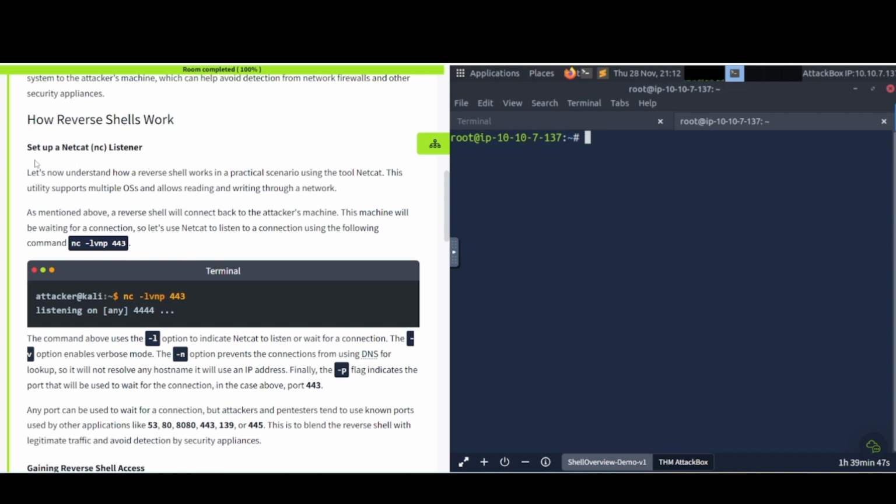How reverse shells work: set up a netcat or NC listener. Let's now understand how a reverse shell works in a practice scenario using the tool netcat. This utility supports multiple OSs and allows reading and writing through a network. As mentioned above, a reverse shell will connect back to the attacker's machine. This machine will be